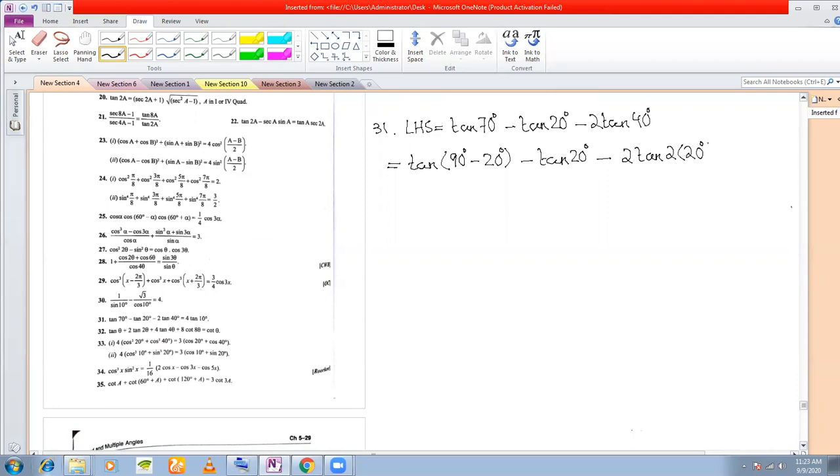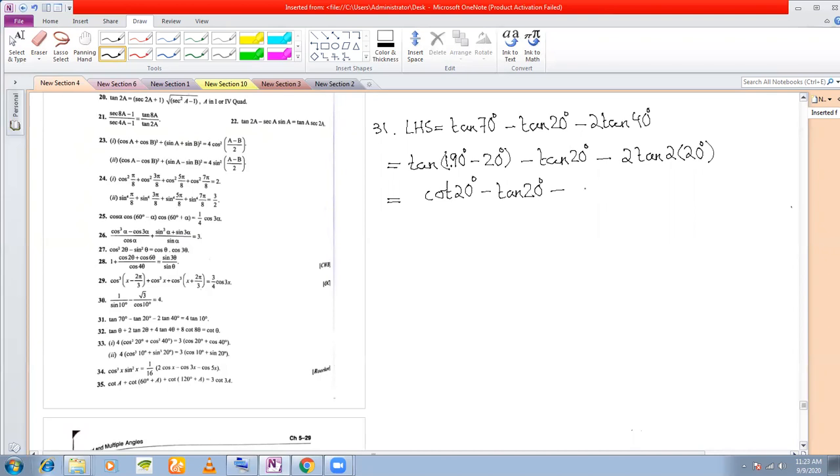So we are converting everything in terms of 20 degree. So what is left here? We have cot 20 degree, because this is an odd multiple, 1 into 90 degree. Tan changes to cot. Okay, so cot 20 degree minus tan 20 degree